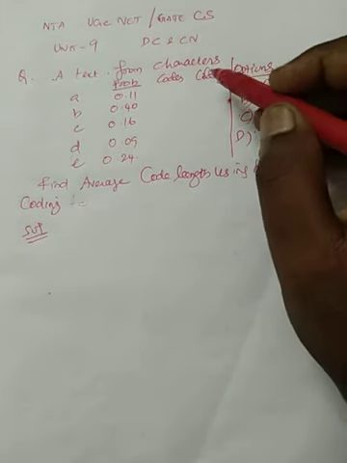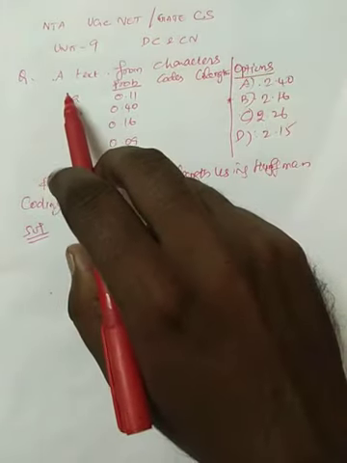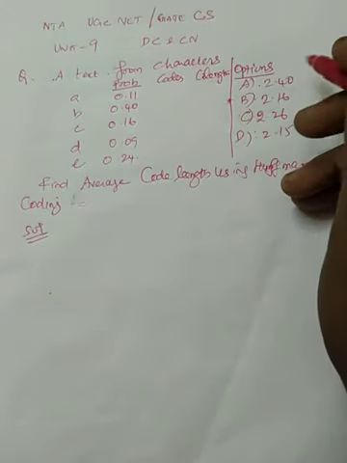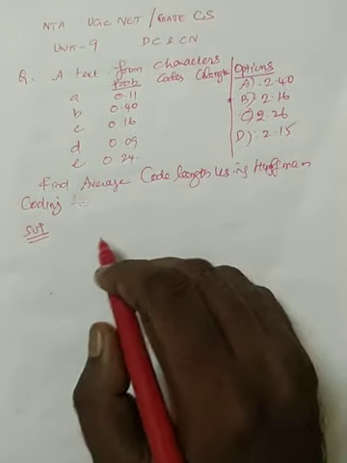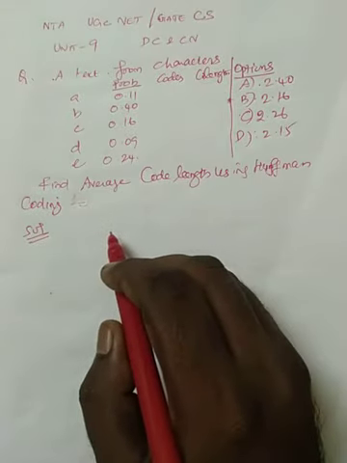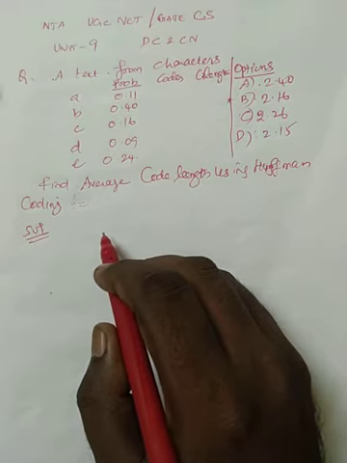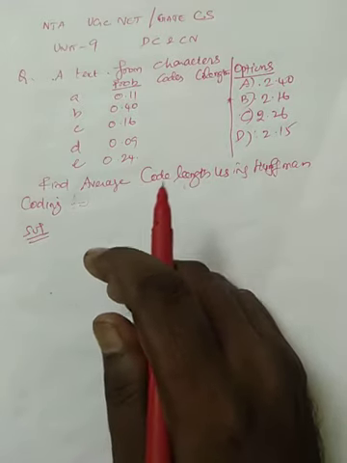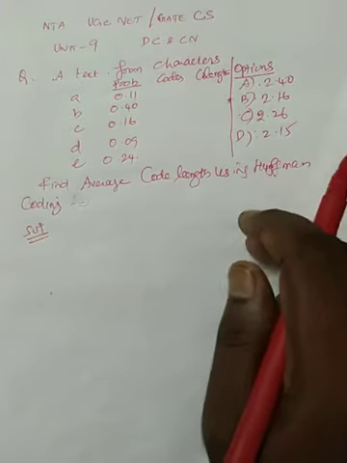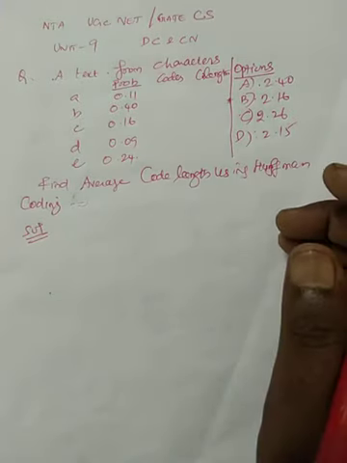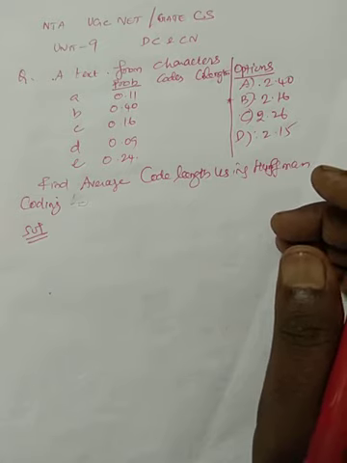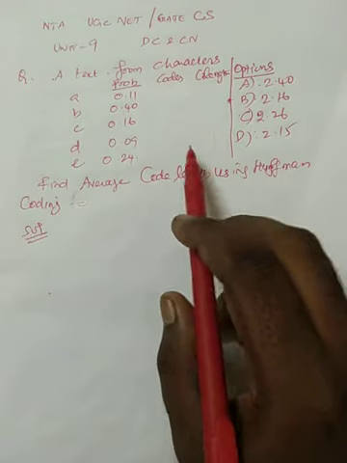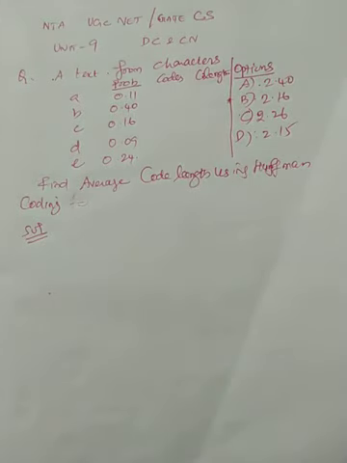So here the problem statement is about text made from characters. If you are sending some data over a communication line, it will be encoded so that it is compressed and sent over the communication line. It will reach the other end and they will decode it. For that, this encoding technique is used.